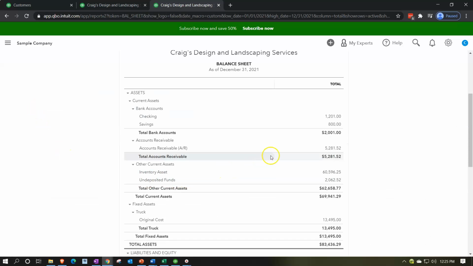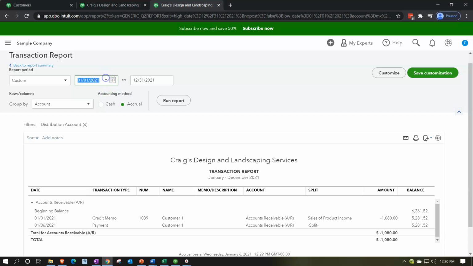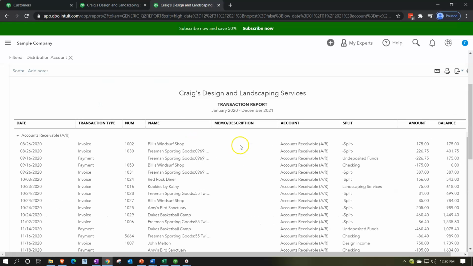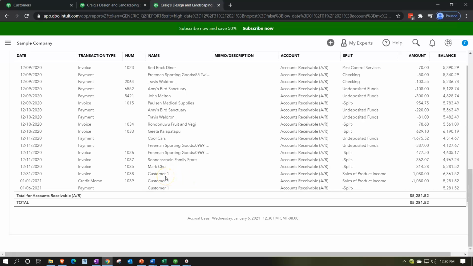Now, the other thing that we want to think about within this accounts receivable account, this is supported by the customer information. So if I go into this, we see here that we have the credit memo that is applied. And if I go back to the prior year for the detail, and I could see the invoice as well, I'm going to run that report for 2020 to 2021. We see down here that we have the invoice, and then these two look like they tie out,